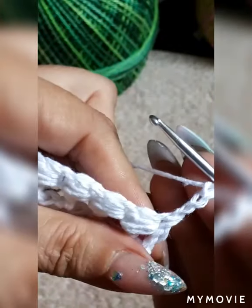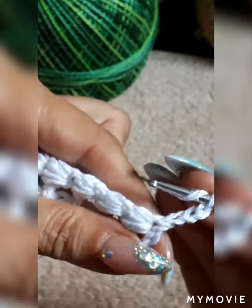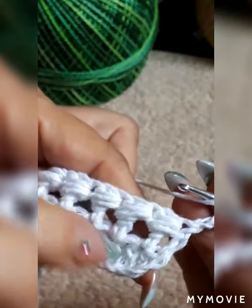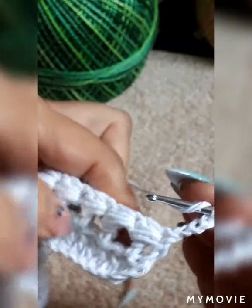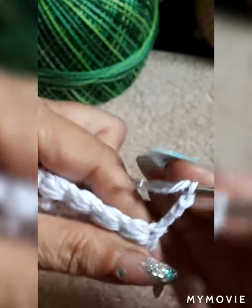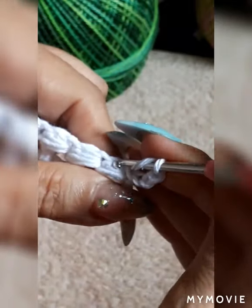So then you turn your work and you go up 1, 2, and 3. You turn. Now we're going to do exactly as we have here. One line of stitch, one line of poof, one line of stitches, one line of poof. So you're going to turn your work, and now you're going to come right here